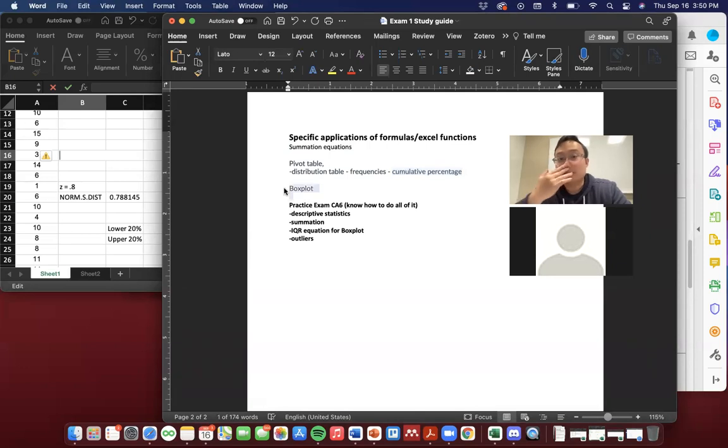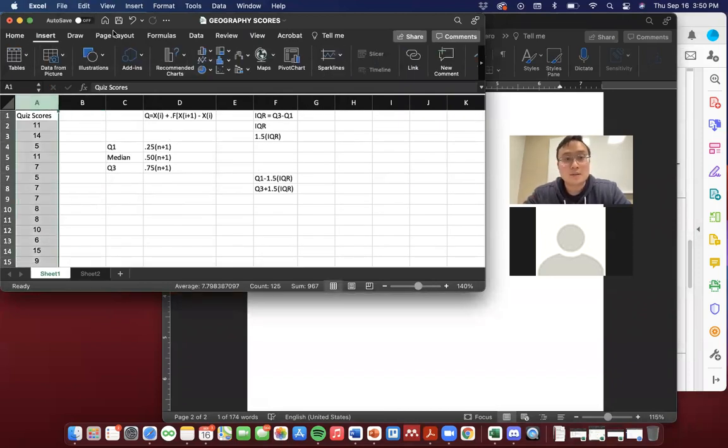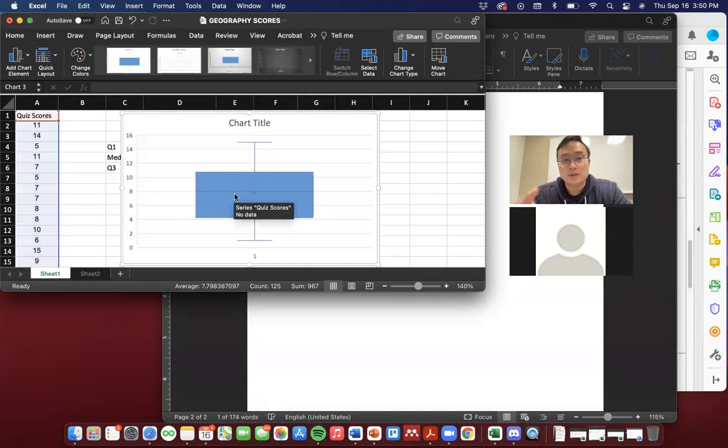A box plot is pretty easy. If you want to do it in Excel, all you do is highlight this, insert, the little picture with the histogram right here, put a box and whisker, boom, that's your box plot. What that means is